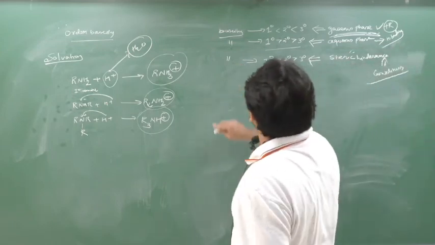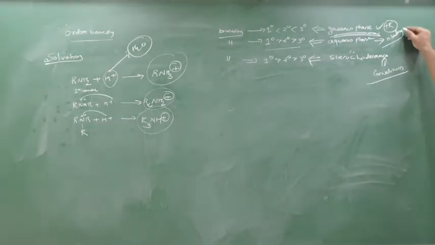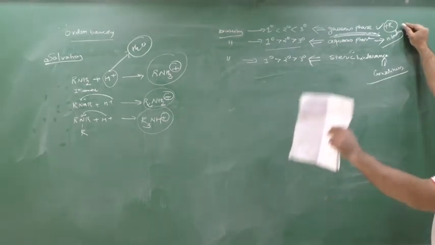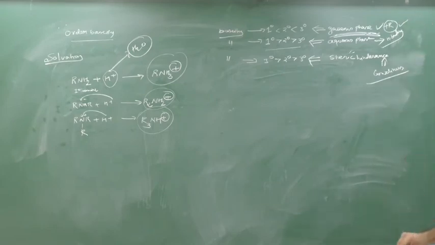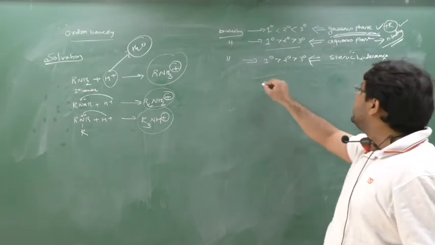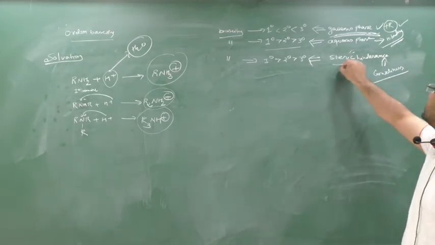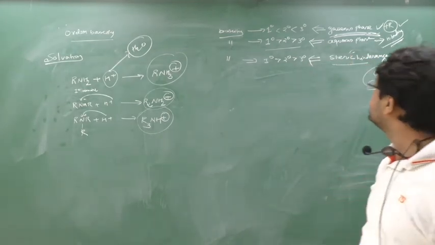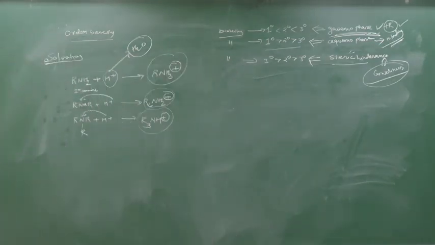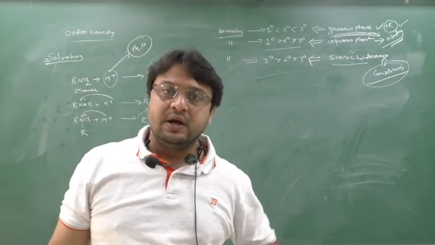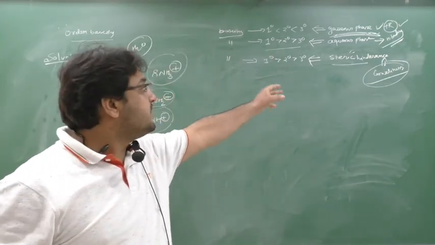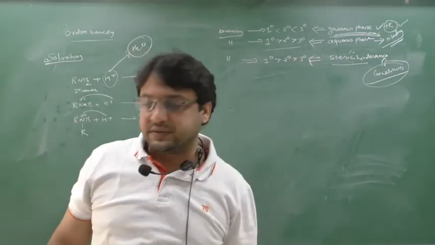So you have to understand three basicity orders. Gaseous phase: 1 degree is less than 2 degree, less than 3 degree. You have to mug this up. The applying logic is plus R effect. Aqueous phase: the basicity order is 1 degree greater than 2 degree greater than 3 degree amine, applying the logic of hydrogen bonding. Then the steric hindrance logic, where we see the crowdiness. Clear? These three they ask in the exam: give the order of basicity of amines by seeing the gaseous phase, or the aqueous phase, or the steric hindrance phase. Clear now?